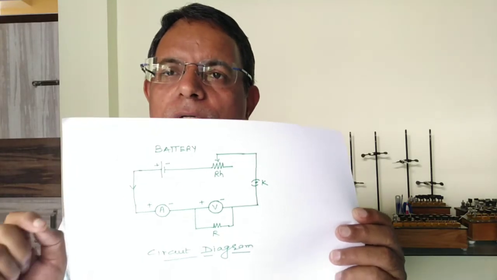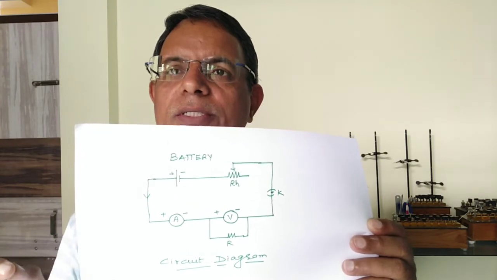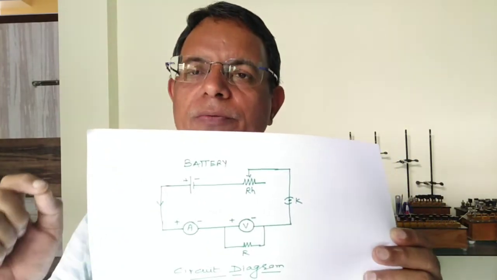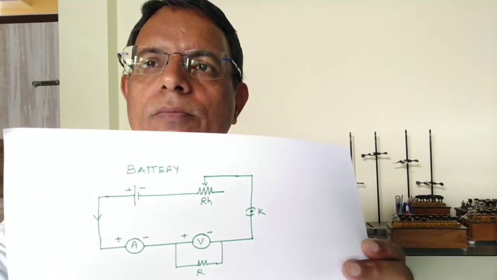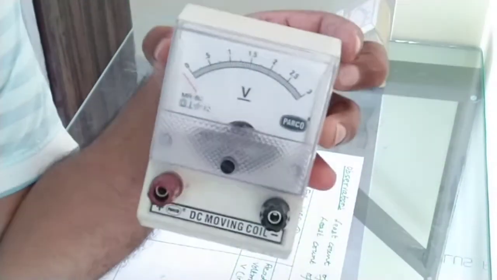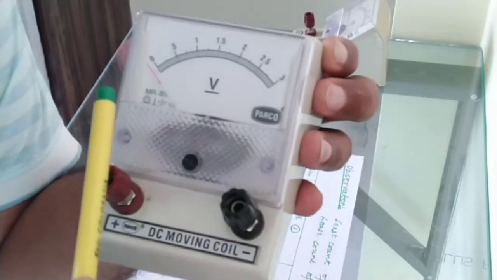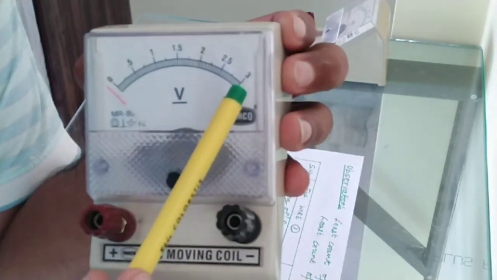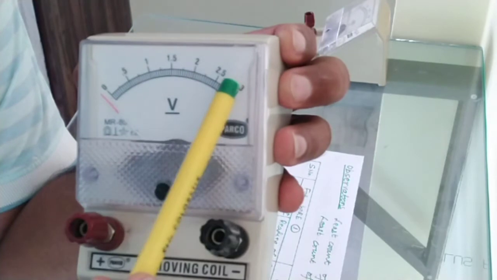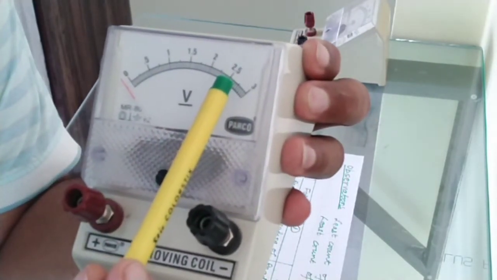Now I will show you each instrument. We will calculate the least count wherever required, and then we will discuss how to take the readings between V and I, and to plot the graph and how to find the resistivity. See, this is the voltmeter, and you can clearly identify it as here it is written V. Now the range of this voltmeter is from 0 to, you can see, 3 volt at the last. So the range of this voltmeter to measure the potential difference across the wire is 0 to 3 volt.